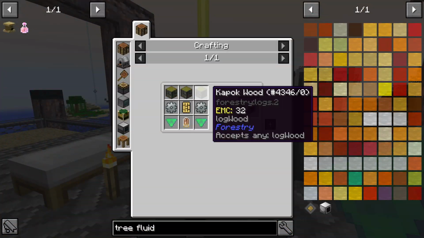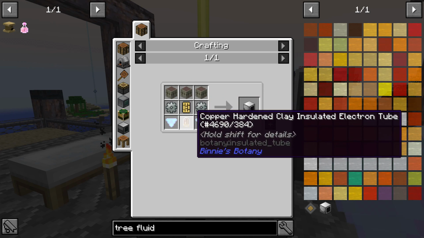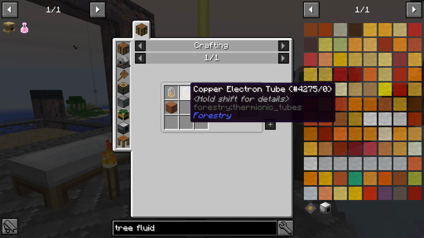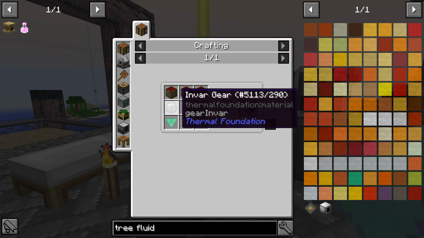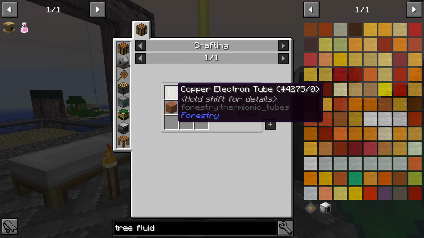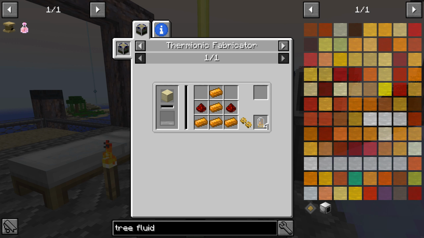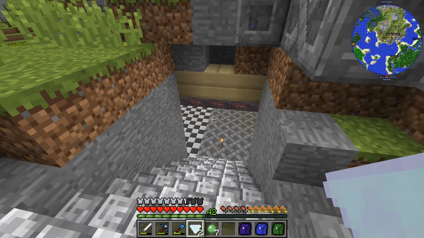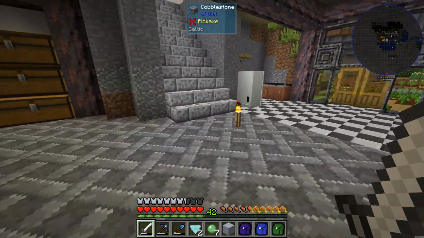We also need 3 logs. This is fine, it's like any logs. Okay. 2 copper hardened clay insulated electron tubes. Okay. Wait, did we need 2? No, we need 1 of them, but we get 2. So that's a terracotta block, okay. With 2... Oh. I see. Okay, so we need to do this recipe unless we have copper electron tubes. We might have that, actually. Let's go find out. What we don't have for certain is a terracotta block, so let's grab 1 of these